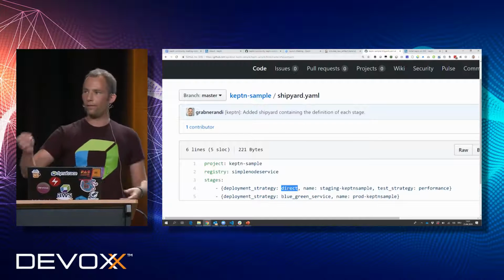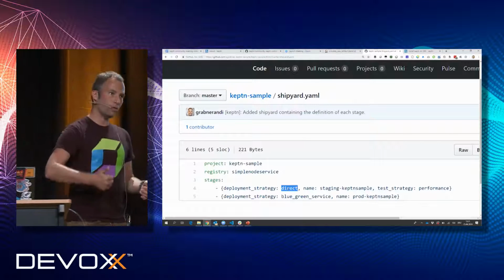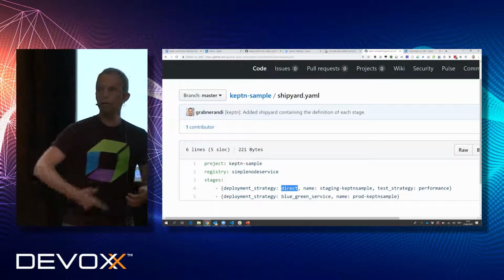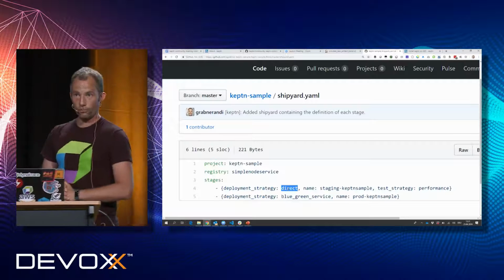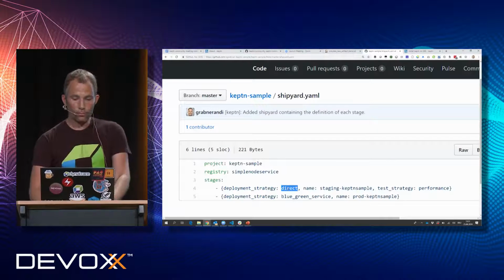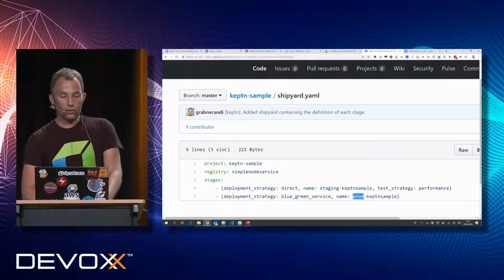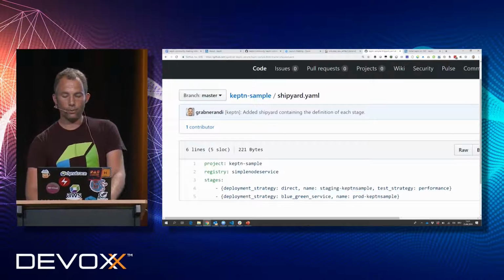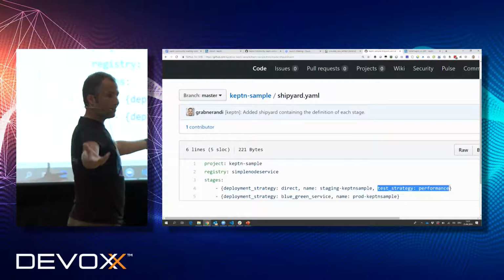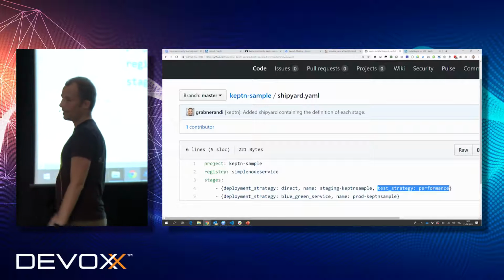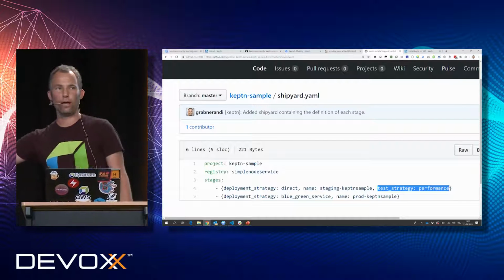The only thing I need to give keptn is an artifact, a container, and then keptn will take it, will automatically create the Helm charts, will automatically configure Istio, will automatically make sure that this artifact gets deployed into each individual stage. Now, not in every stage. It starts typically, in my case, I have a staging stage and then production. It will start deploying it in staging, and then it will execute a test strategy. So then keptn will reach out to the tools that can do testing. It's all an event-driven model, and says, I need somebody to run performance tests against this deployed artifact in this